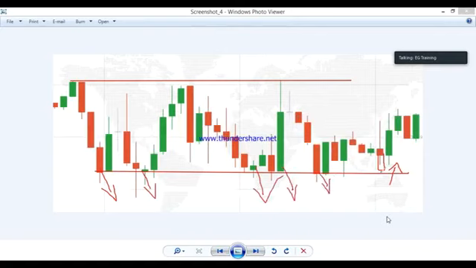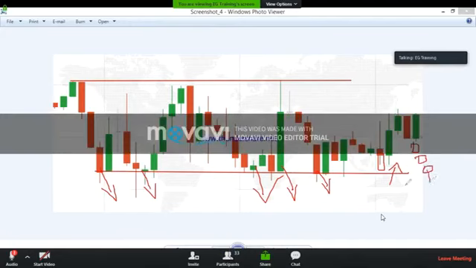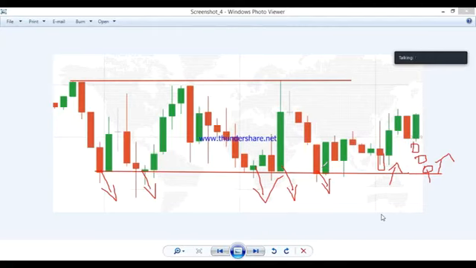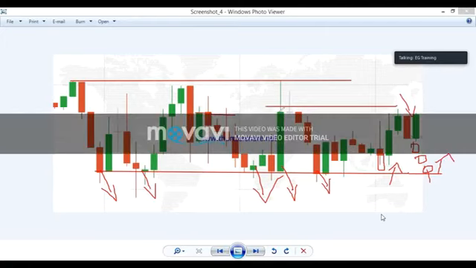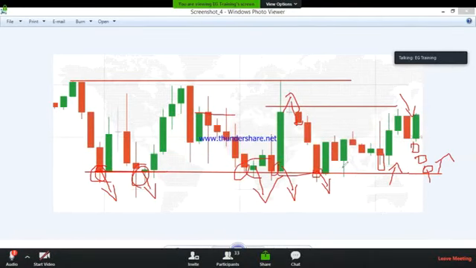This is a strong support level. If the candle closed here like this, or if the candle closed here like this, then you will place a higher option directly by observing this level, because this is a very strong support level. This is also a level, but we don't know if the market will reverse or not. Sometimes it will go up, sometimes it will go down. But here it will definitely respect this level because the market is respecting it.